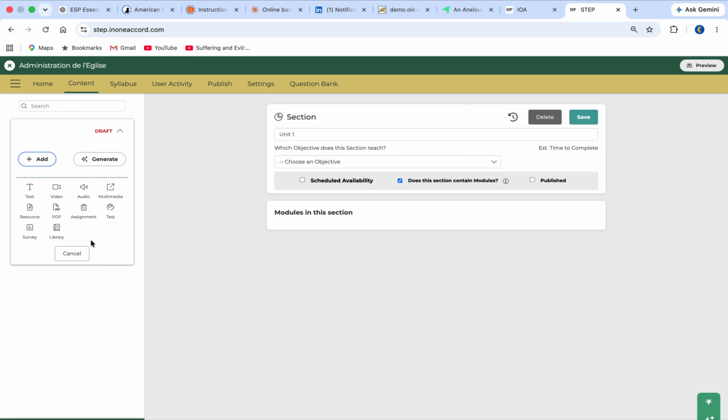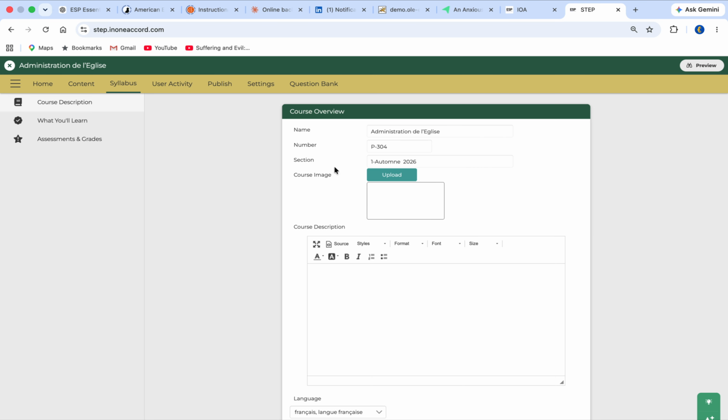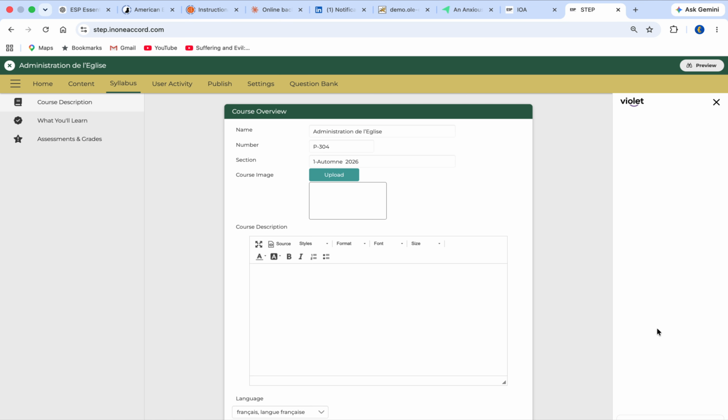But if you have a question and you're not sure what you're doing, let me just show you a hint. Come back to the syllabus. Over here, this is your content, this is your knowledge base, but over here you have an interactive chat bot. This interactive chat bot called Violet is always reading only what is in your environment, only your content. It's not going to go outside and get things from ChatGPT. But it also has loaded in it the entire